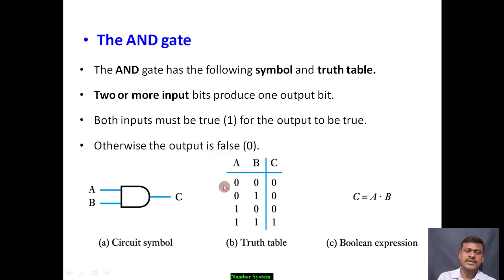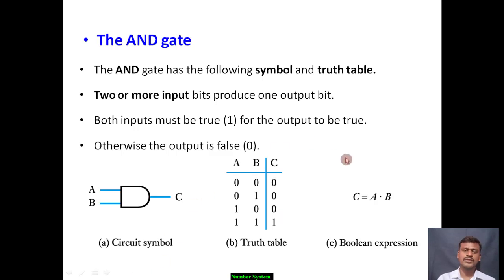That is, we will see that 0 and 0 will give you 0, 0 and 1 will give you 0, 1 and 0 will also give you 0 as a result. But if both the inputs, that is A and B, are 1 1, the output will become 1. So this is the case of the AND gate. In case of the AND gate, the result will be true only if the inputs are ones or true. Otherwise, it is false if any one of the inputs is 0 or false. Right? So this is how the AND gate will work.